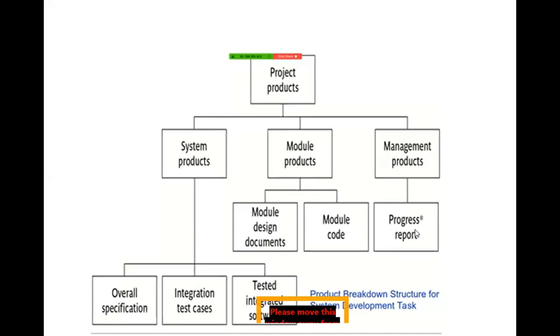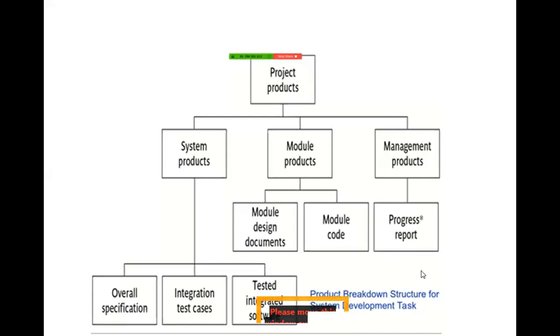Then they will check the current project. If there are any requirements or updates, they give suggestions. Then we have to modify the project again, and then go for the managed project. Then we also have to give the project's progress report to the users. The progress report is nothing but explaining the present status of the project. This project is not completed. We have to give the progress report to the users step by step, stage by stage. That is nothing but management products.